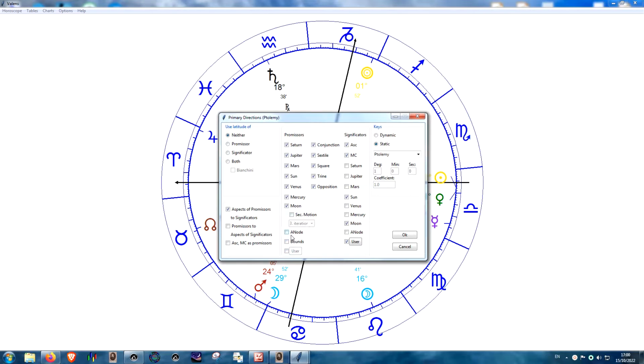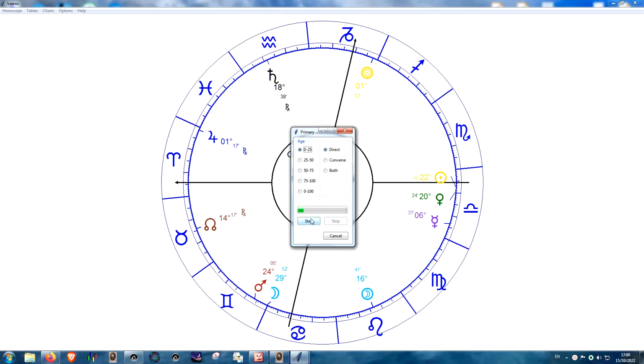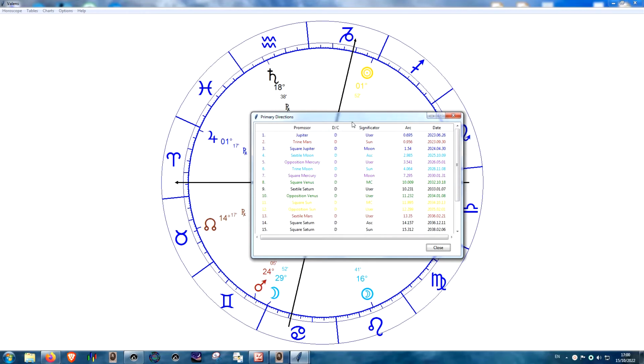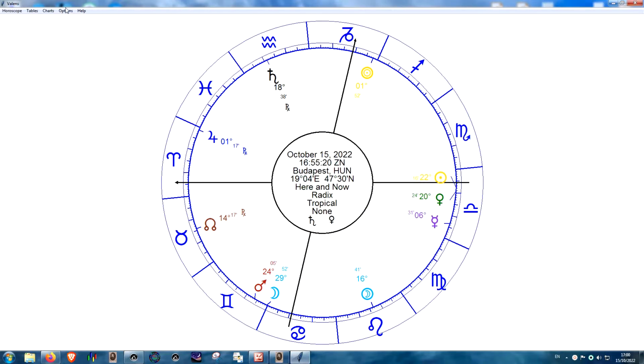Now, if we don't select bounds and press OK and go to tables, again F12 is primary directions, and we click start, we will have primary directions only. In other words, what we call directions in ancient astrology, but it was not called that in the past, as I explained in the Morinus software video. These are just the aspects of the planets by primary motion. Whereas if we select bounds,